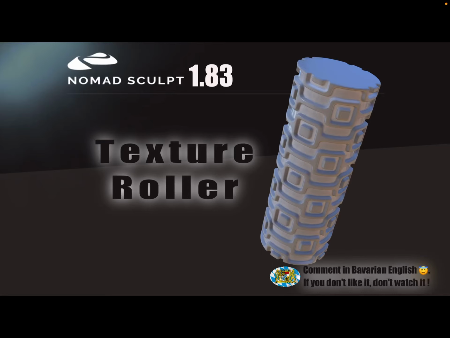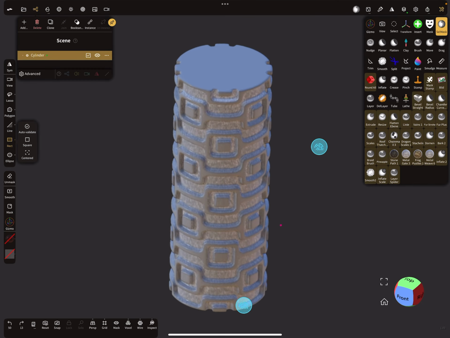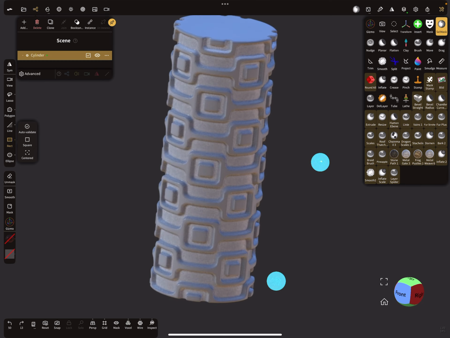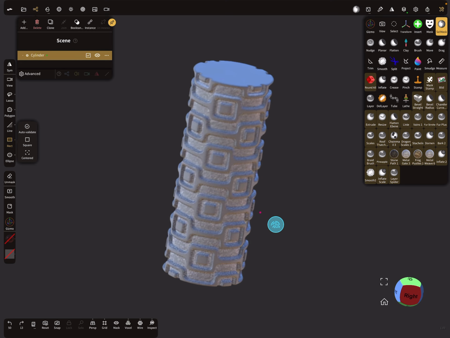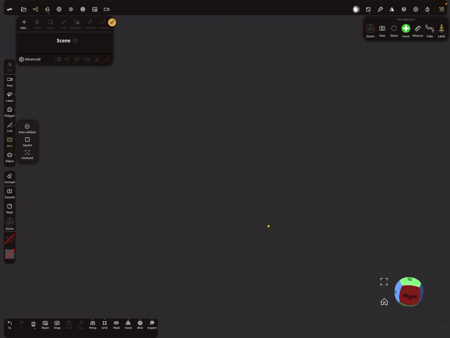Hello, Nomad Sculpt, and this video is about how to create such a texture roller. I think it's for 3D printing. Okay, so I don't have a 3D printer, but I can show you how to wrap the texture around such a cylinder to create such an object. Okay, so let's start with a new object,